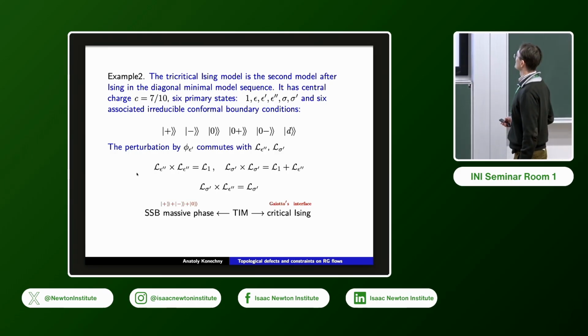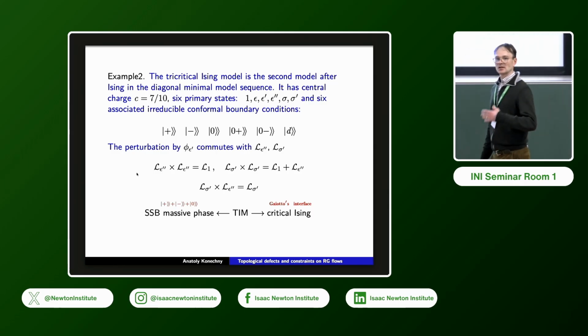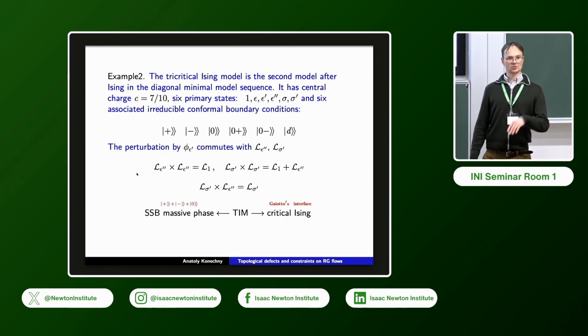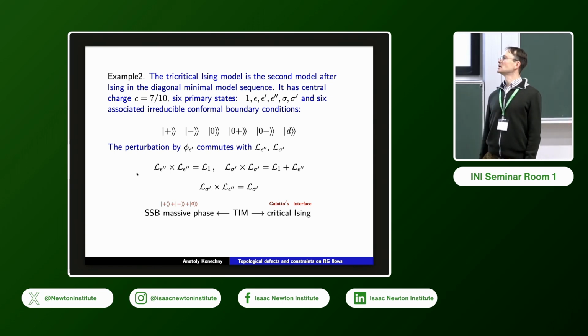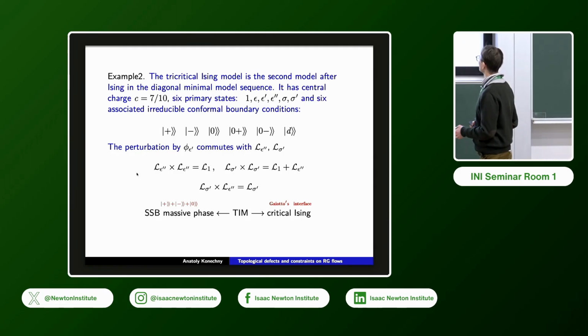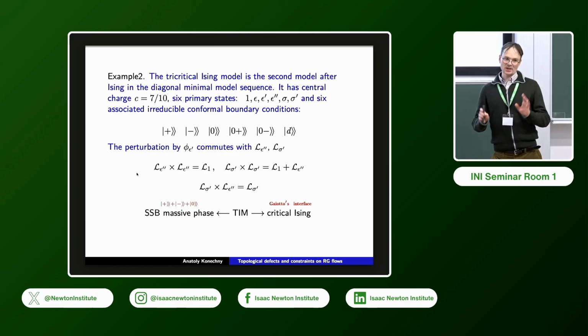But in this case, these two guys commute, so they both should survive in the infrared. And in the case of the Ising model, their subalgebra is exactly this subalgebra of the TDLs in the Ising model. So they exactly realize the Z2 and duality fusion algebra of the Ising model. So either you get this kind of condition on the boundary, or you characterize it like this, or there's another approach